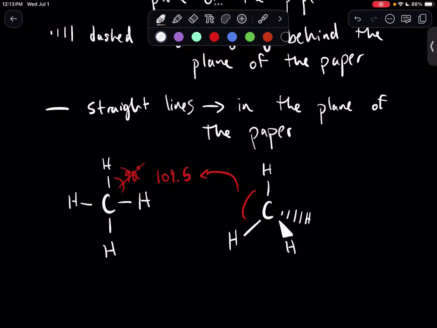Hopefully this is going to help you get a little more acquainted with pictures and images we're going to be drawing throughout this unit. Make sure you have these formulas down so that once we start adding functional groups to them, you can start identifying these very quickly. So hopefully this helps, and have a great